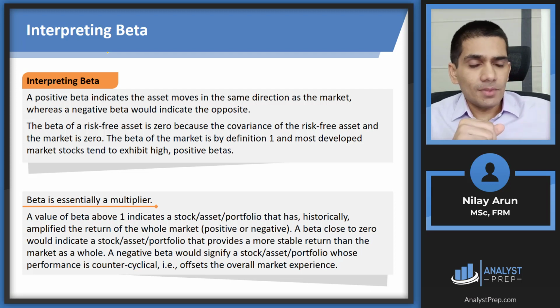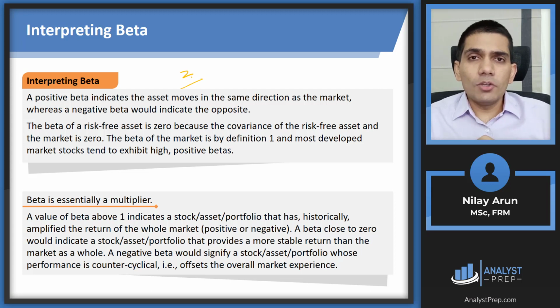Now, how do we do this? Let's say your beta is 2. The way you can think about it is that if your underlying stock index was to go up by 10%, your asset or your stock will go up by twice that amount. So if your underlying index goes up by 10%, your stock is going up by twice of that, that is 20%. So it's essentially a multiplier. Similarly, if your beta was 1.5, that means your asset or your stock is going to move 50% more than